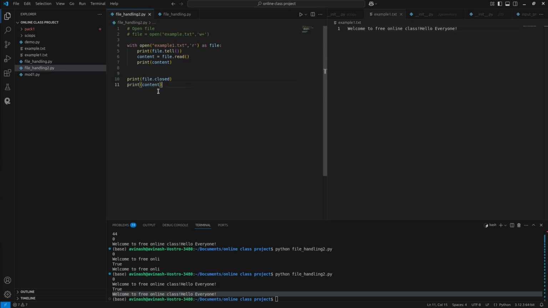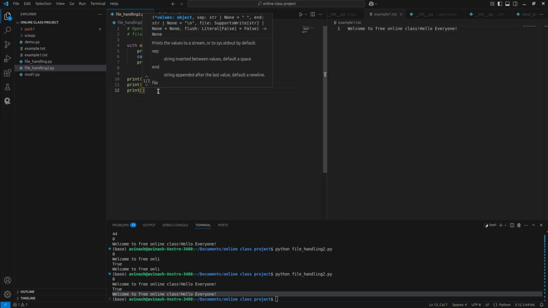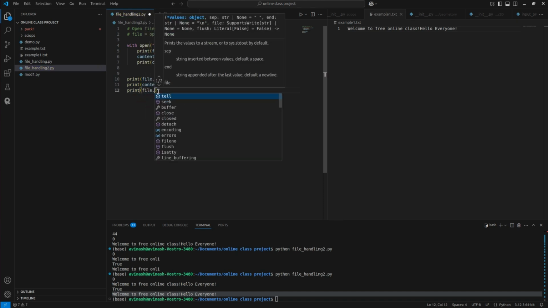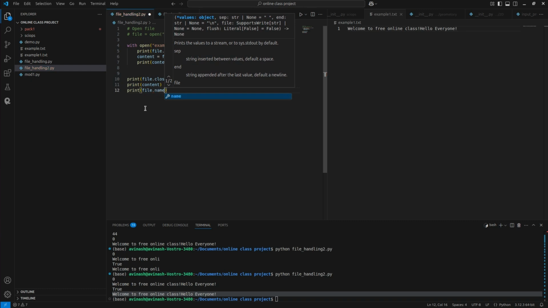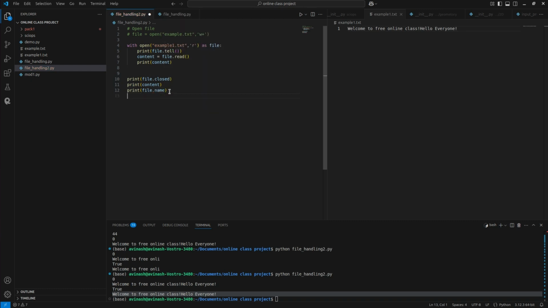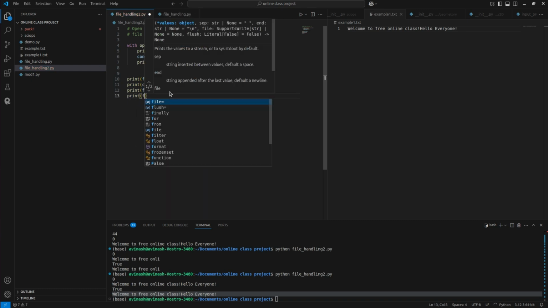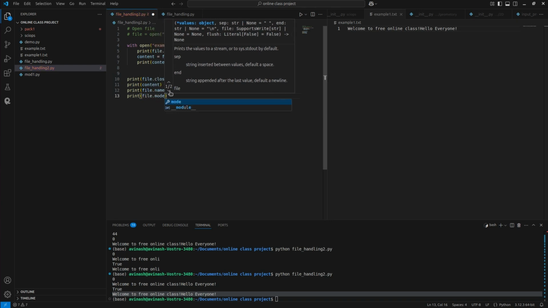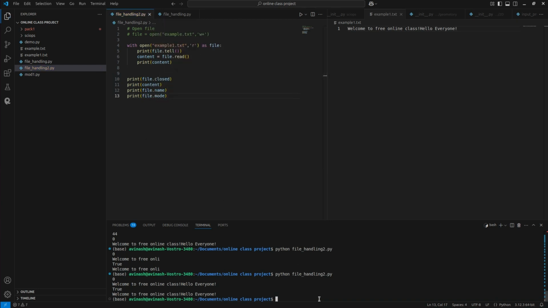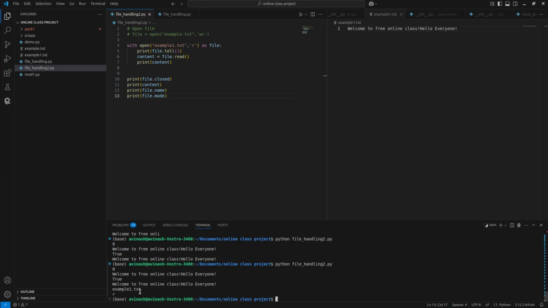Other properties that you can check, like print file.name, right? And one more is there, print file.mode, right? Let's try this. Let's see what is coming. File name is example.txt and mode is read mode, right? You are in read mode. So these are the attributes that you can also check and try with the file, right? Another important thing is,